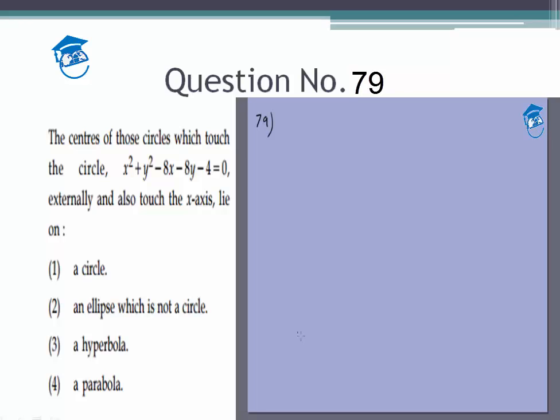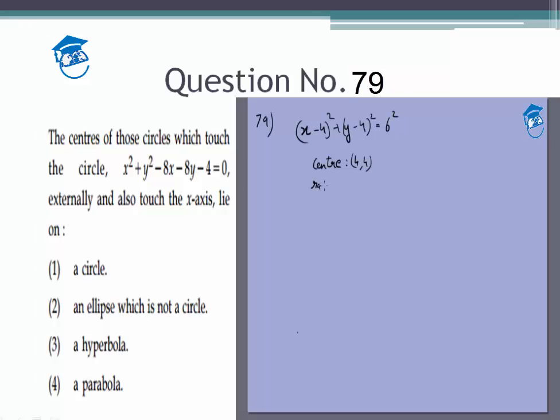We are asked to find the locus of centers of the circle which touch the circle x squared plus y squared minus 8x minus 8y minus 4 is 0, which I'll write as (x minus 4) whole squared plus (y minus 4) whole squared is equal to, now their sum is 32 and we need a total of minus 4, so 36, which is 6 squared. So this is the same as the equation given, which means the center of this circle is (4, 4)